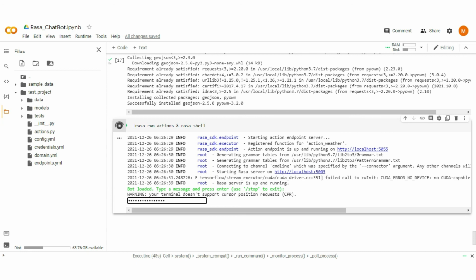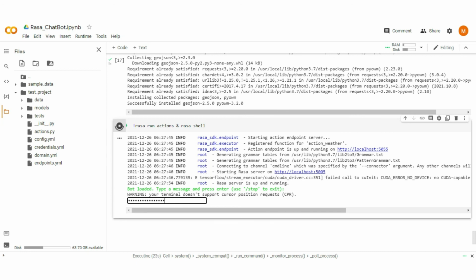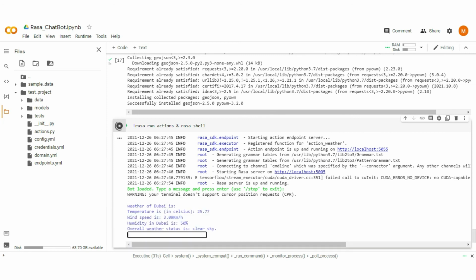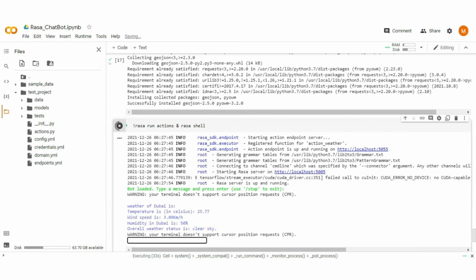That's why it hides it in the form of dots. And after pressing enter, it passes the input to the backend, and here it shows a blank line. Here you see the output. It gives the detailed weather report of Dubai.